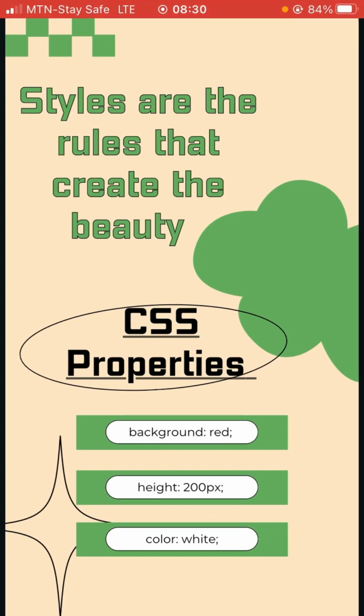The following are examples of CSS properties. We have background: red; so this is a CSS property. We have height: 200px; this is another CSS property that adds a given dimension of height to an HTML element. The third property is color: white;